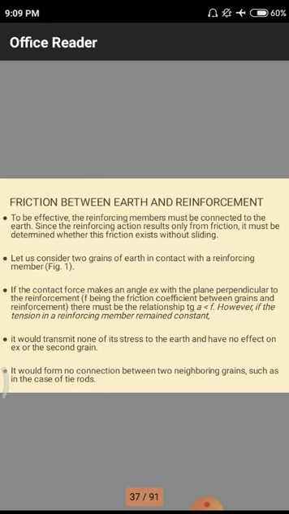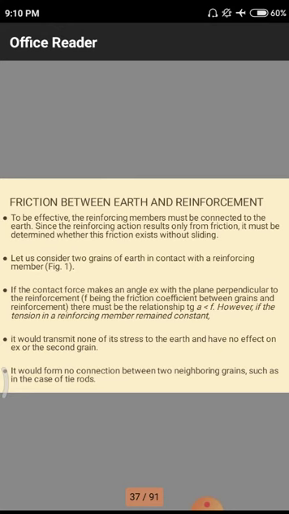To be effective, the reinforcing members must be connected to this earth. Since the reinforcing action results only from friction, it must be determined whether the friction exists without sliding. That means if there is no friction between two particular members, definitely there will be a sliding portion or shear failure will take place. So definitely we have to go for some quantities of friction measures and improvement techniques